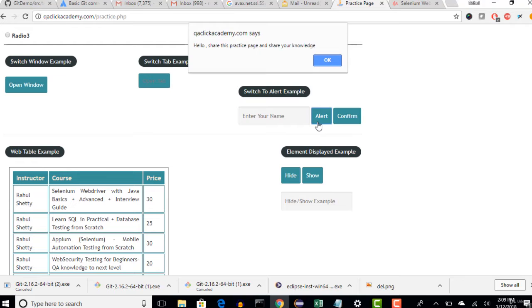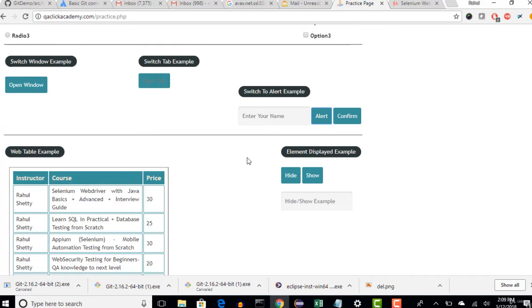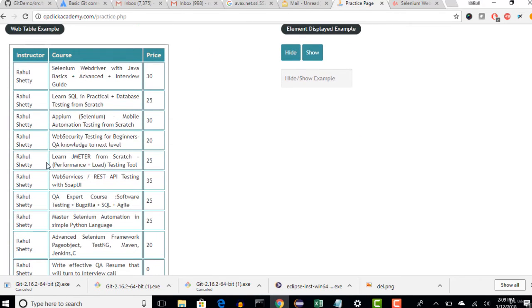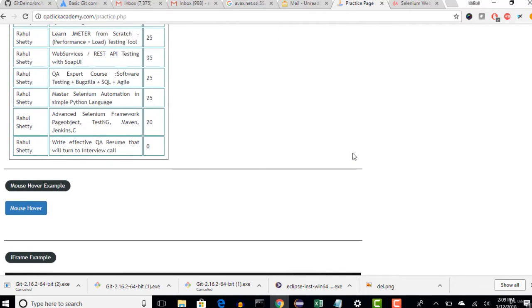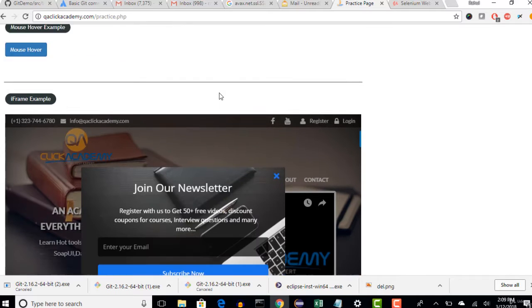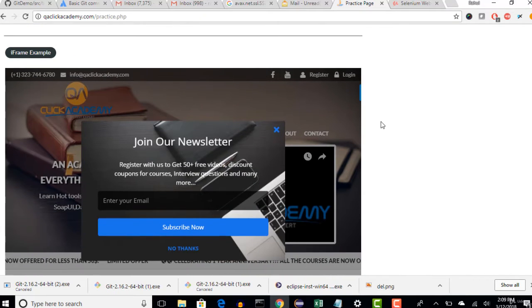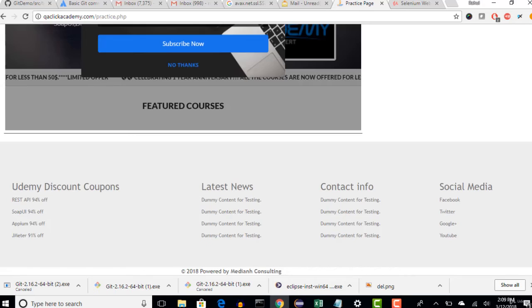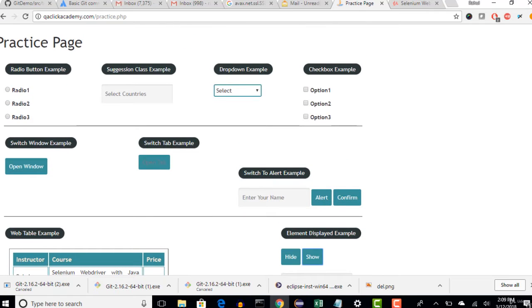So if you want to practice on Java alerts, and you also have examples on web tables and element height and display. You can also work on mouse over things using the Actions class, and there's also an example on frames. I tried to consolidate most of the regular Selenium interactions in one particular page, so that if you have time you can practice this, or you can practice on any real-time website. There is no restriction.